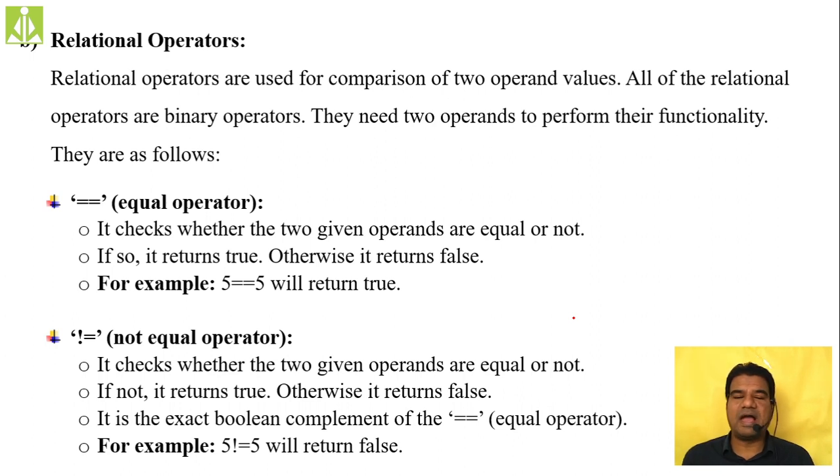So quickly, the first relational operator is the equal operator. In mathematics, to compare two things, in your theorems or in your solutions of mathematics problems, whenever we are doing the comparison, we use a single equals to sign, isn't it? But when we do the same thing in programming, like C language, we use double equals to for comparison, because single equals to here has a different meaning.